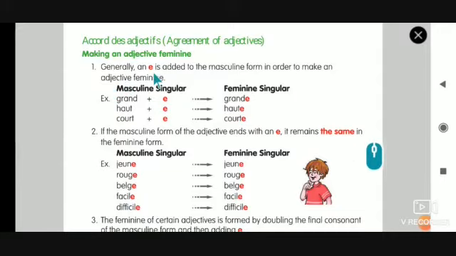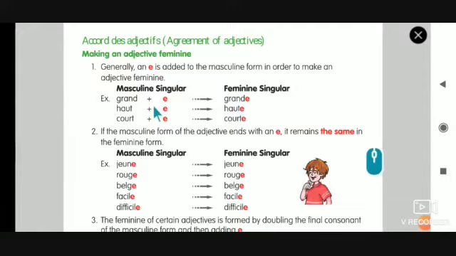Generally, an E is added to the masculine form in order to make an adjective feminine. This is mostly what you will do. So for masculine singular, if you want to make it feminine, for example grand, we add an E to make it feminine, grande. The E is added, and the pronunciation will change.